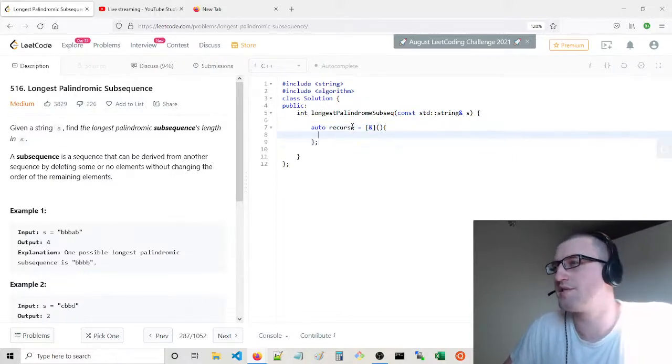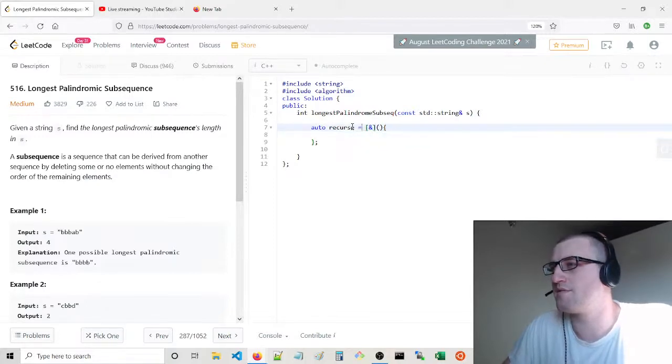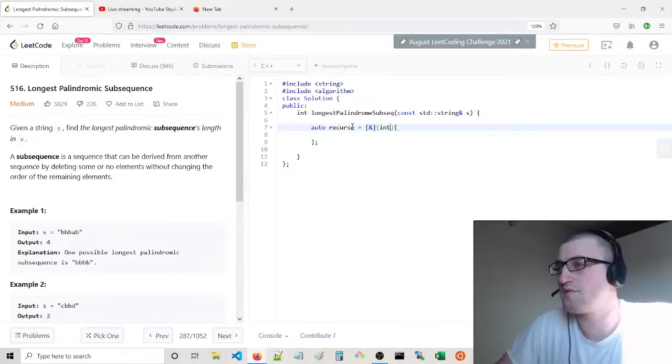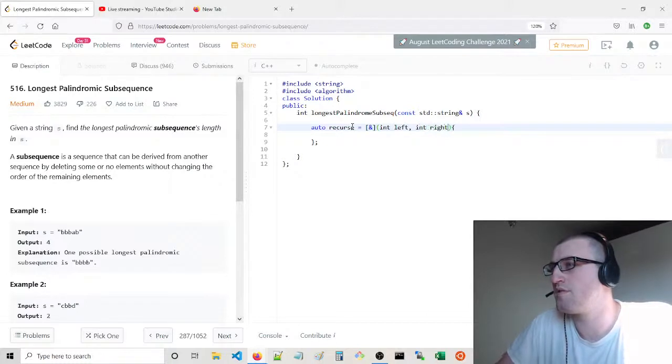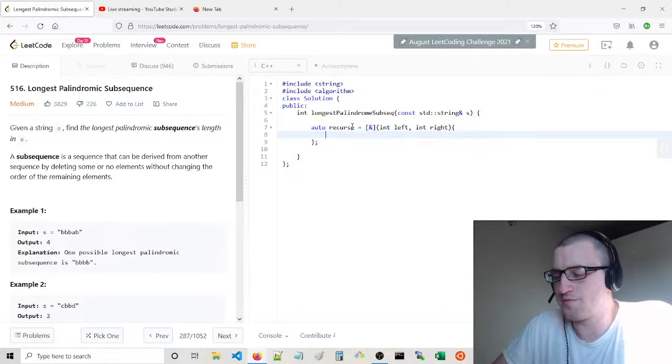We're going to have 2 integers, left and right. And we're going to call for each character